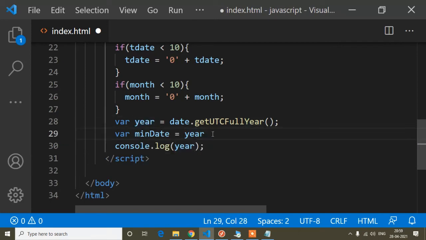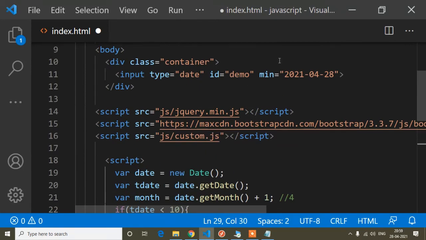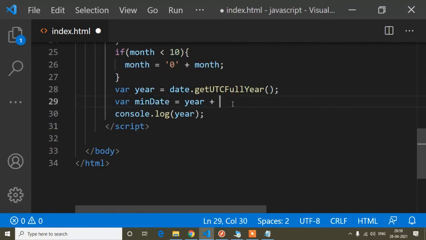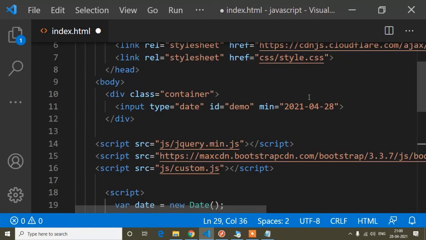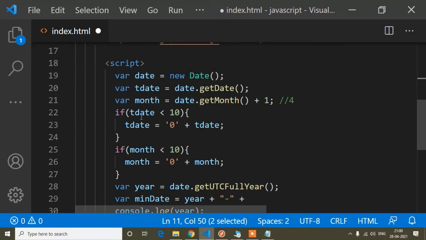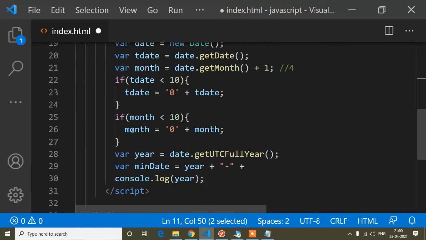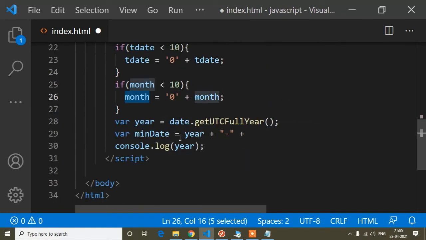After that plus, and after year here you can see it's a hyphen. So here I will write double inverted comma and hyphen plus, you can see it's a month. So I'm getting month in this variable. So I will copy this variable and just paste it here.